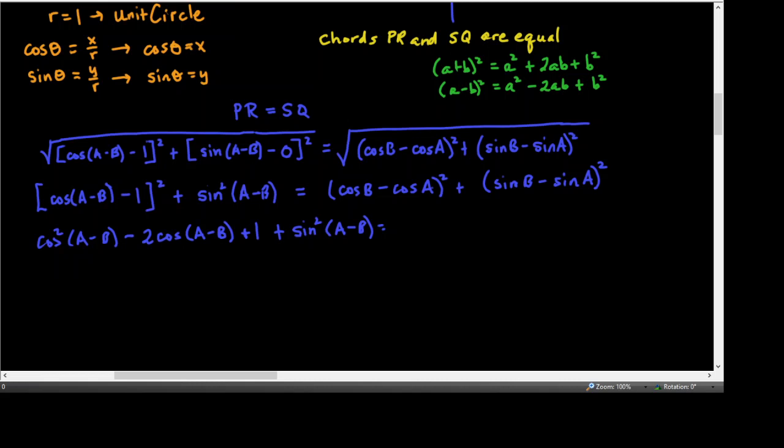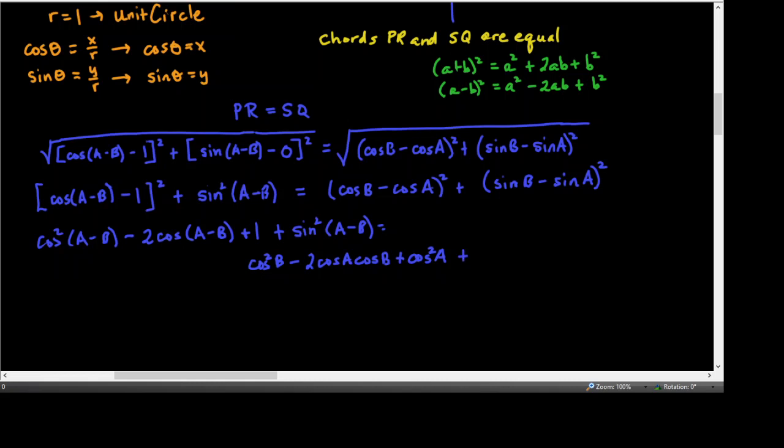Okay, I'm going to do the same thing on the right side. I'm going to move over here because it's way too long to write. So the right side is now down here. That will be cosine squared b, minus 2 cosine a times cosine b. You may wonder about the order in which I wrote those. It really should have been 2 cosine b cosine a technically, but I'm ordering the angles alphabetically. And of course, when you're multiplying, 2 times 7 and 7 times 2 are the same thing, so I can commute cosine b times cosine a to be cosine a cosine b, plus cosine squared of a, plus, and then